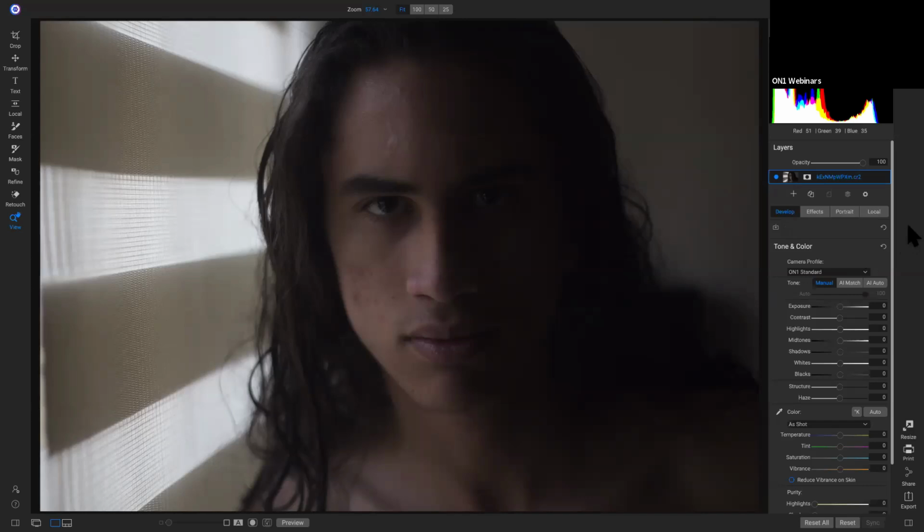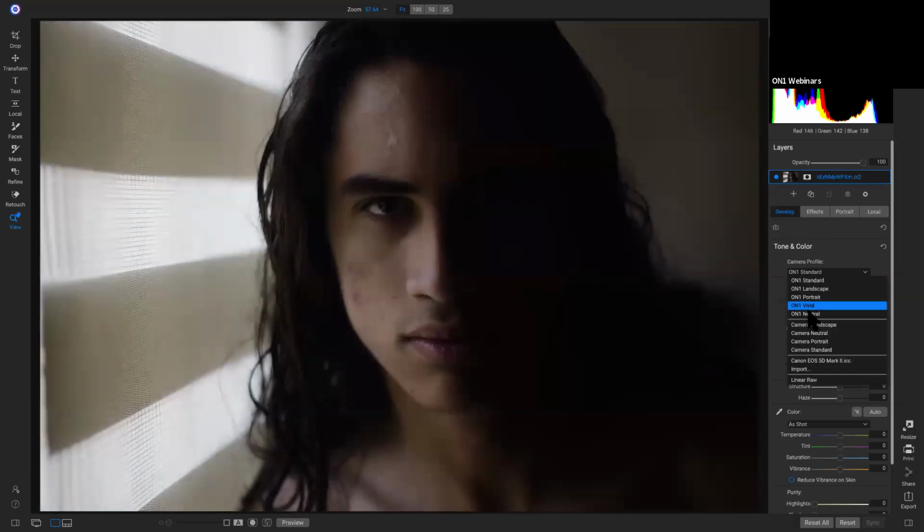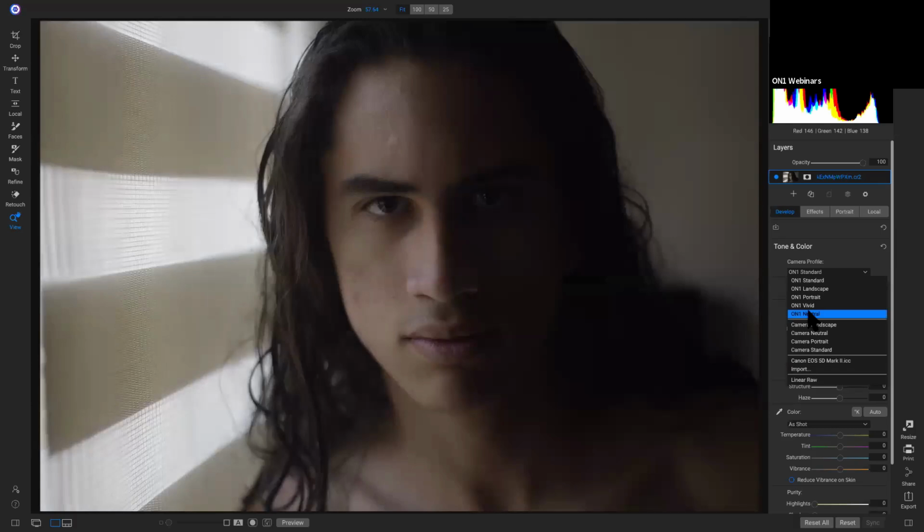And for this particular portrait, I really liked using this portrait to add in light selectively. So this is going to be a fun one to go in and really just harness the power of all of this light hitting his face. And to bring out the most out of the shot without actually modifying any sliders, we're going to go into our camera profile menu, and I'm going to choose ON1 neutral. So by clicking on ON1 neutral, if I hit the backslash key on my keyboard,